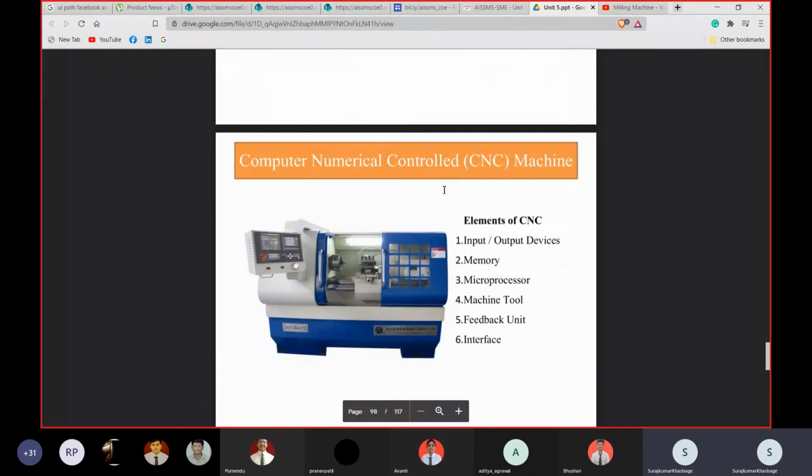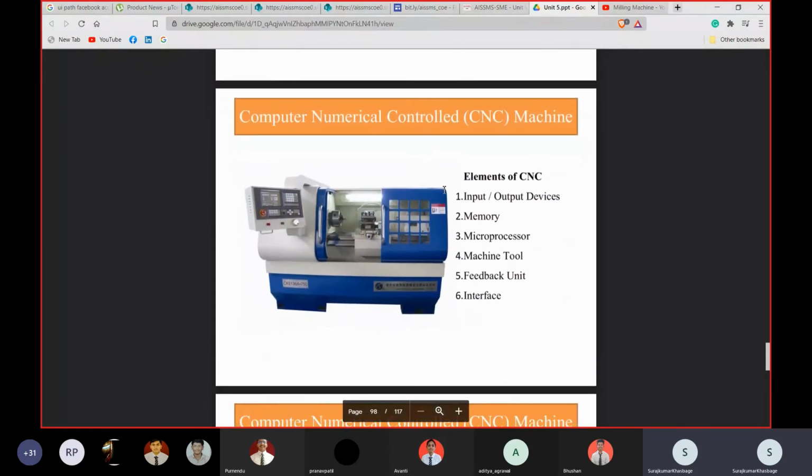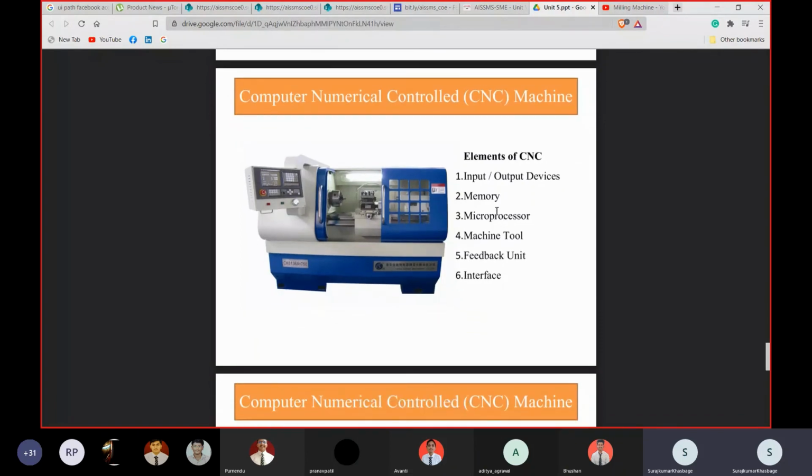Okay, so I have to highlight here the CNC machine. A CNC machine has a microprocessor and memory to control the movement of the tool operation.